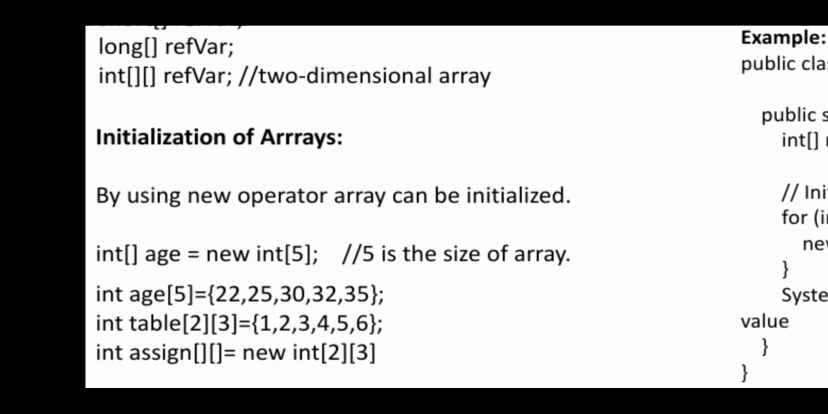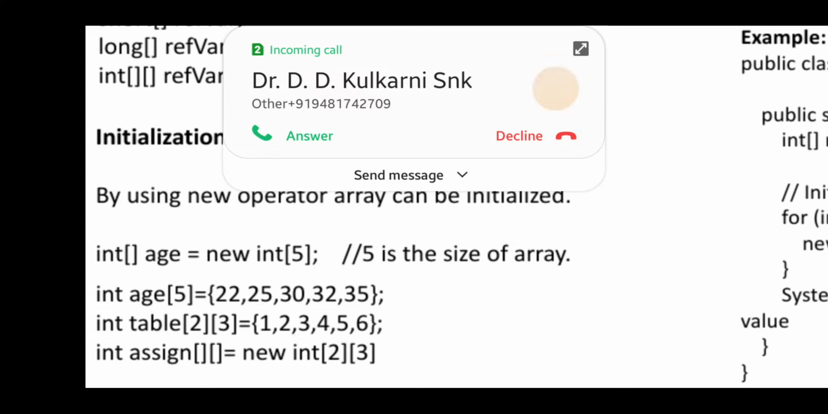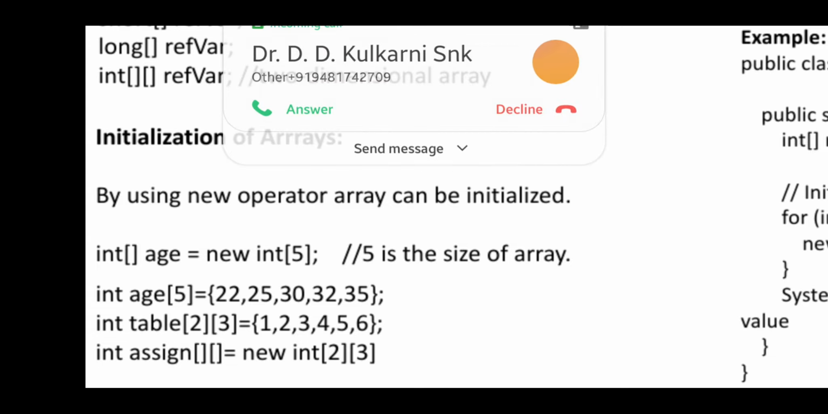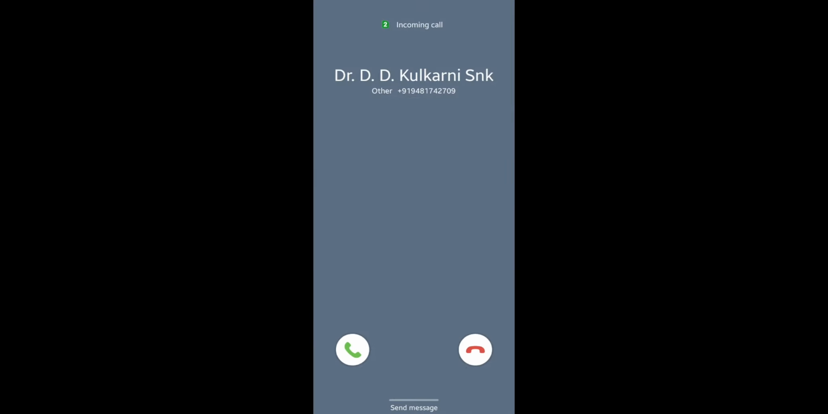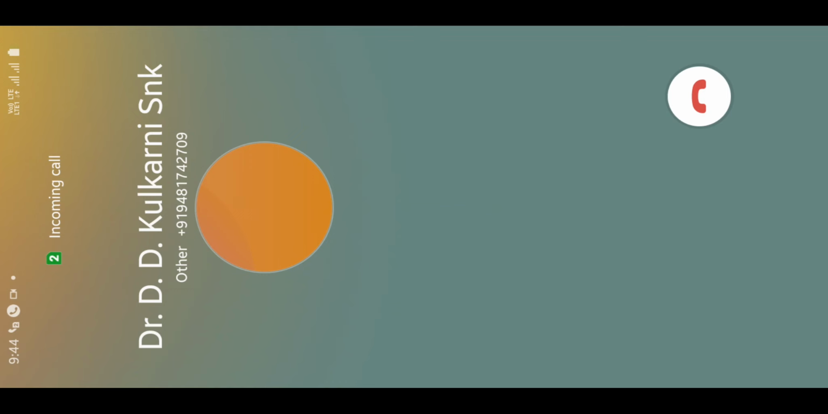Or if the array starts with an index value of 0, then a[0] = 22, a[1] = 25, and next to that one. So this is how you define the values of an array. So this is the part of